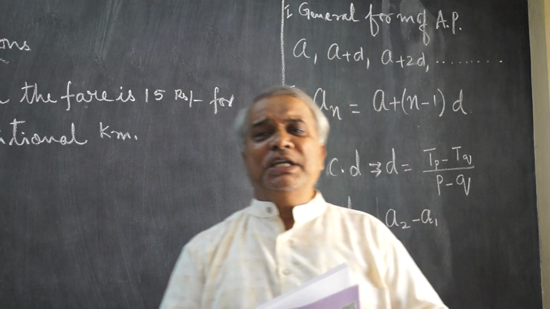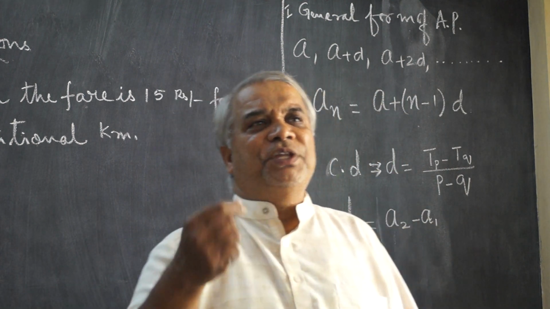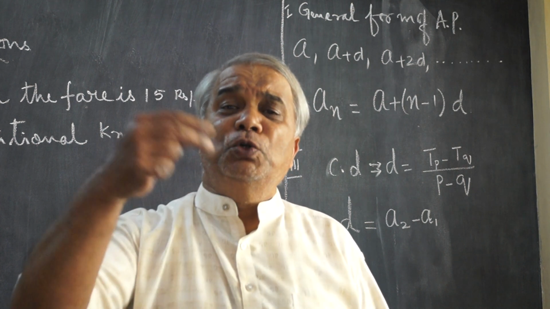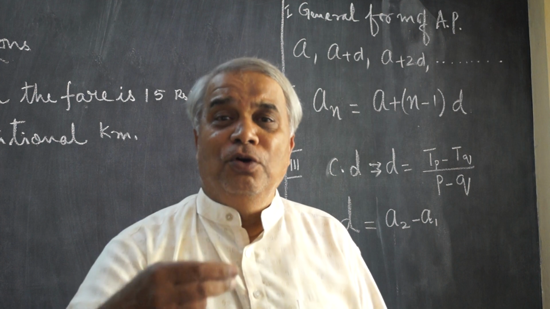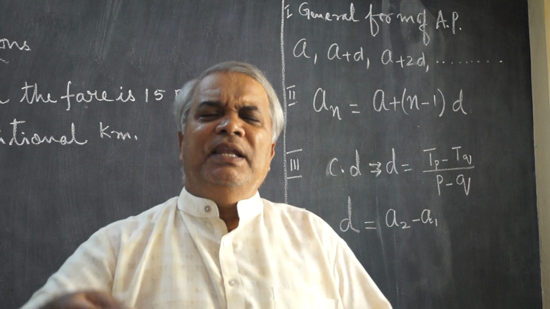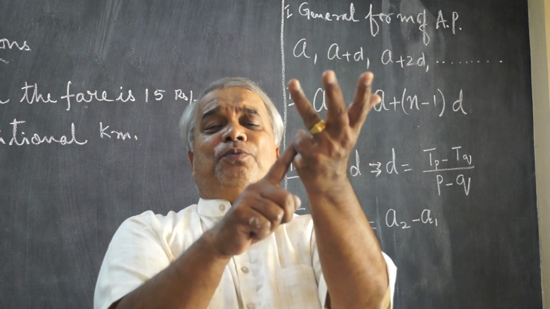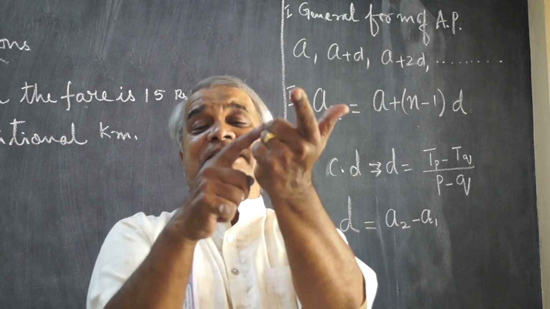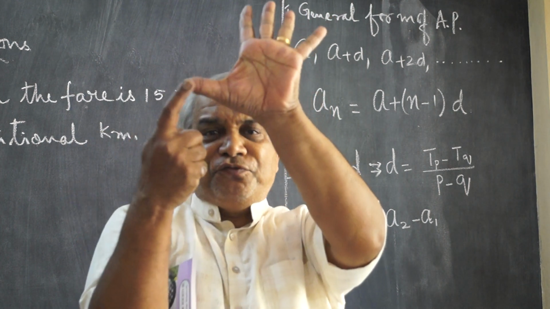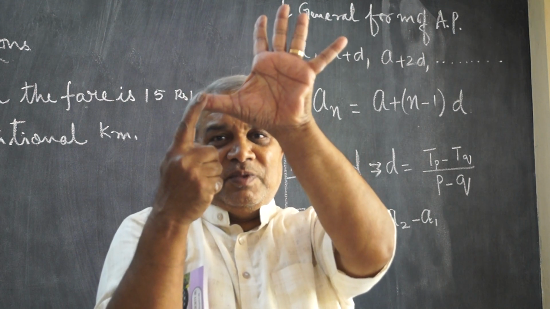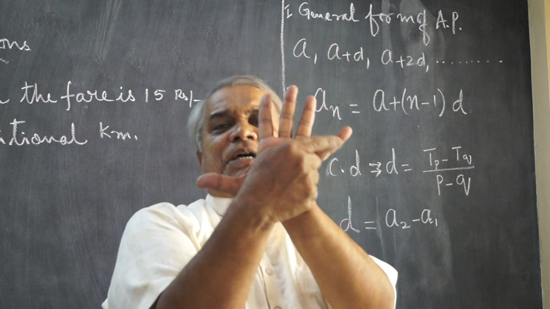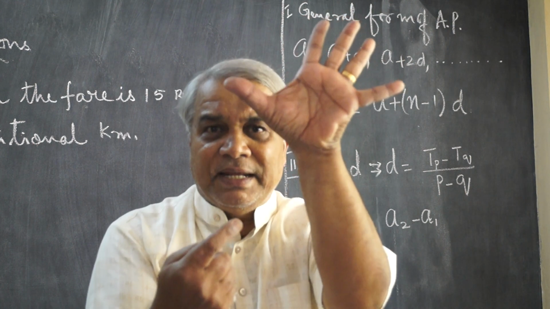Now the question comes, suppose I start with the number 2. I will go on adding 2: 2, 4, 6, 8, 10. Okay, let us count with the fingers. 2, 4, 6, 8, 10. 10 is the fifth number. Easily we can find it. 10 is the fifth number. That means in this progression, fifth number is 10.